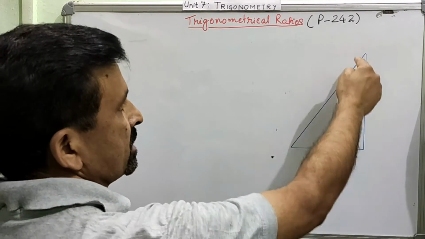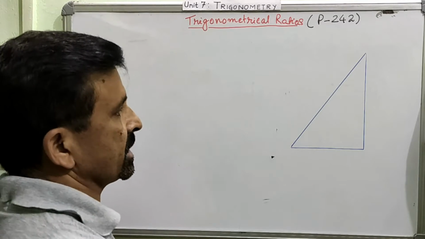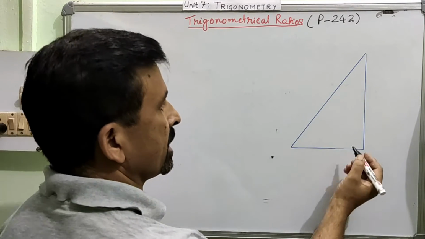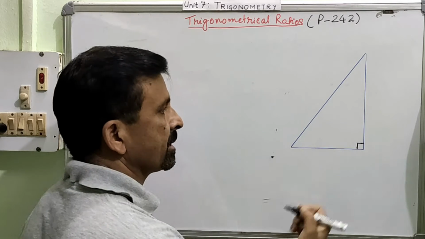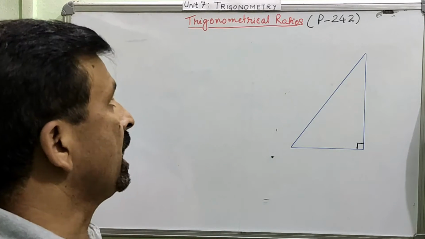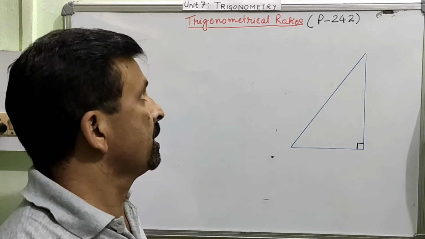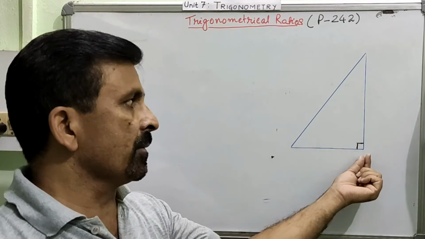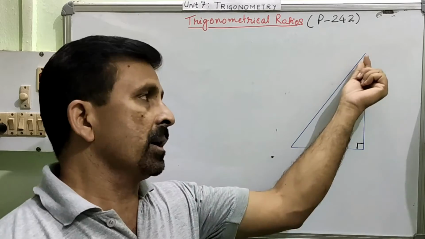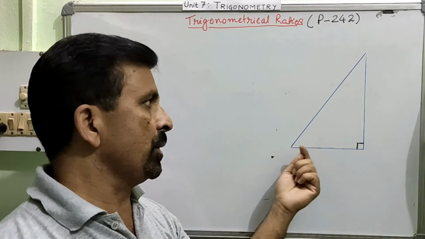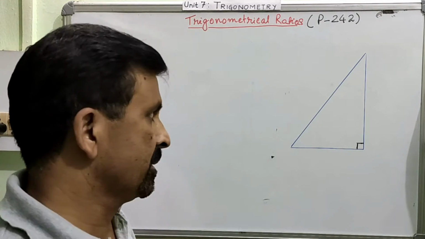Now you can look at this right angle triangle. As I told you, trigonometry deals with the right angle triangle, right? So this is any right angle triangle in which this is a 90-degree angle. This is the notation for marking the 90-degree angle. Is this very clear? Now also I told you in the very first video that for trigonometry, along with this angle, we also need one angle either from here or this one. So other than this, we also require one more angle. Only then can the trigonometrical ratios be described, right?